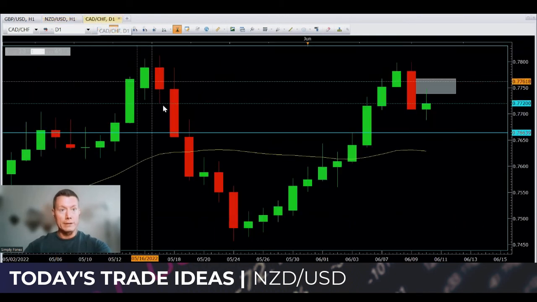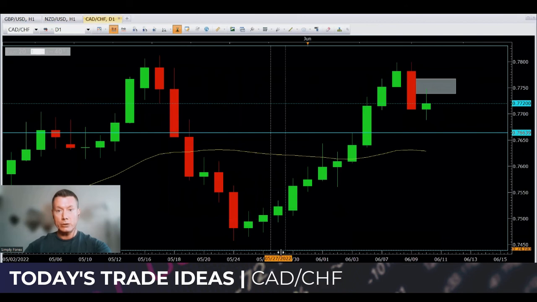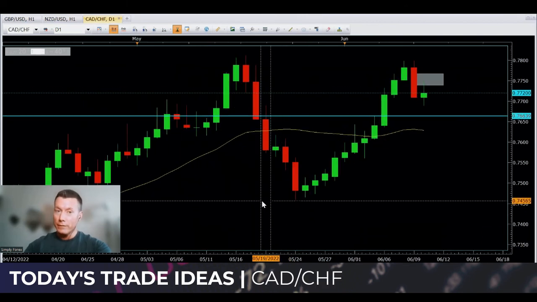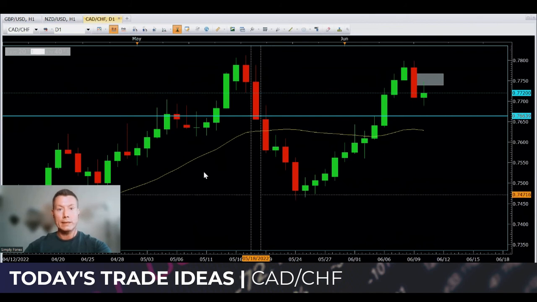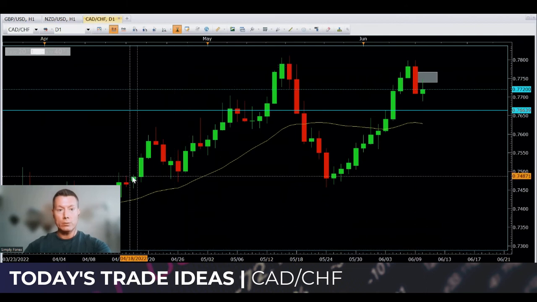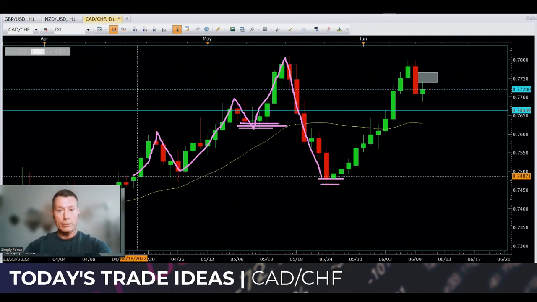The final trade for today, guys, is this. This is the Canadian dollar against the Swiss franc. All right, and again, deja vu. We were trying to short this on Friday as well. So reasons for shorting this. So price was in an uptrend, higher highs, higher lows, higher highs, higher lows, higher highs. Then price comes shooting down, breaking these lows here. All right, so that tells me we now have lower lows and the structure of this market has changed.